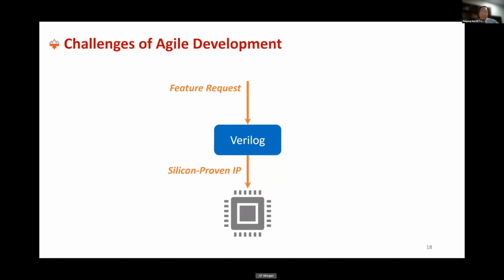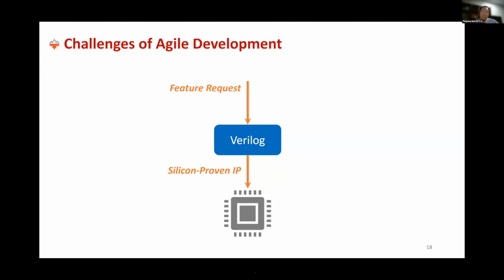So then we decided to use Chisel to build a high performance RISC-V core. But we encountered many challenges of chip design. Programming is already very fast and agile, but verification becomes a big challenge.